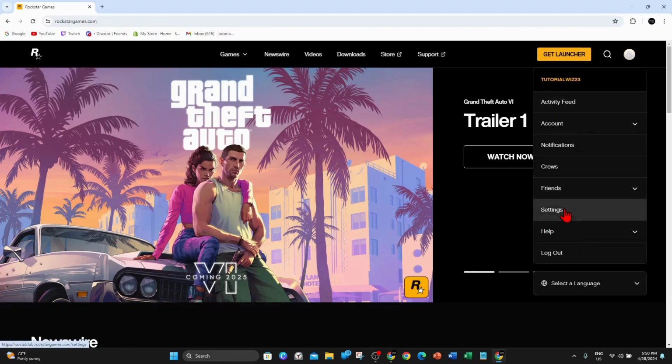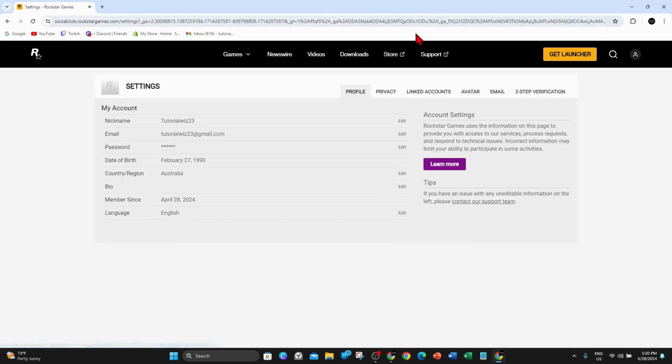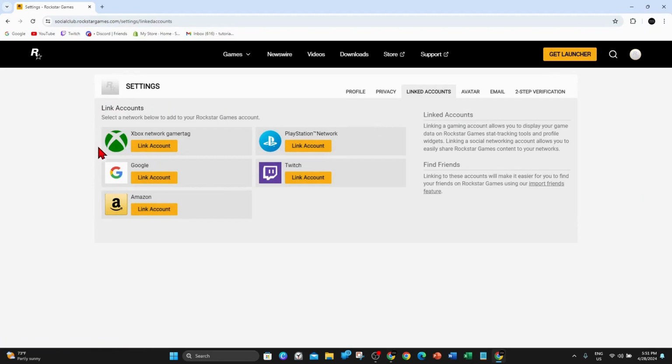And now from here you want to click onto settings, and then you get these tabs along here from settings. You've got profile, privacy, linked accounts, etc. You need to click onto linked accounts, and then to link an Xbox network gamer tag, click on link account here,